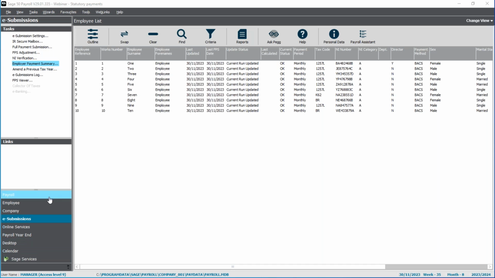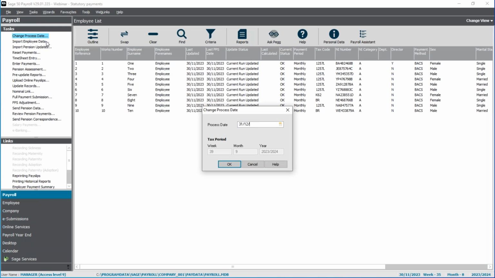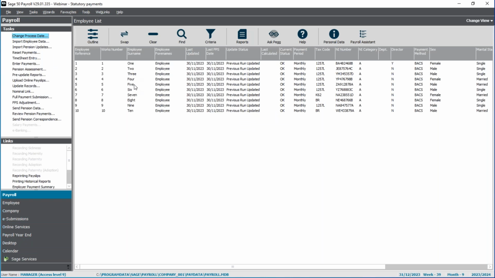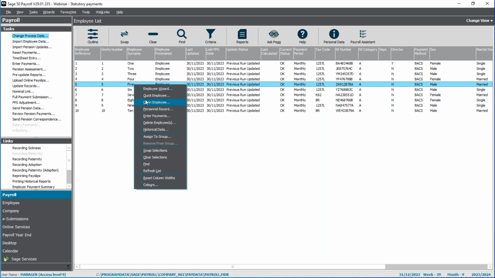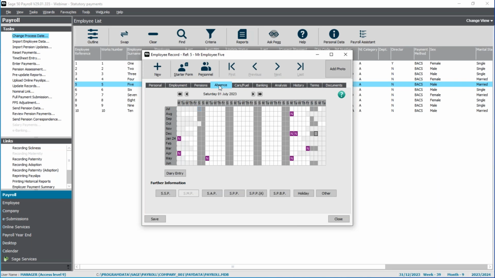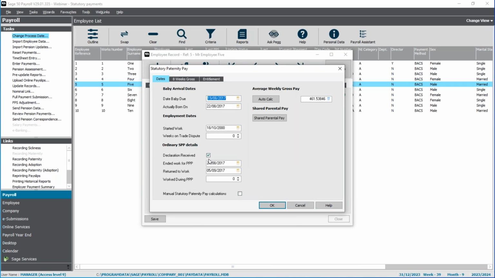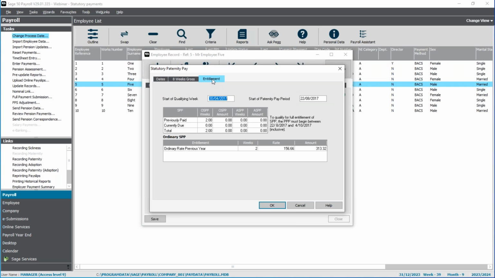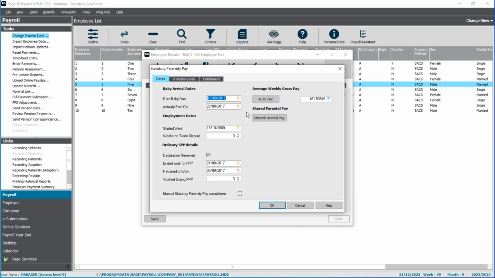So I'm just going to set my process date to the next pay date. It's going to be my December pay date. And I'm going to select an employee who's been on paternity leave before. If I go straight into the employee record and onto the absence tab and then SPP, I can actually see some historical dates. I know they've had it before. And if I click onto the entitlement tab, we have 2 weeks of previously paid SPP stored in the employee record. Now, this is what causes a problem, because if I simply replace these dates with dates for the baby